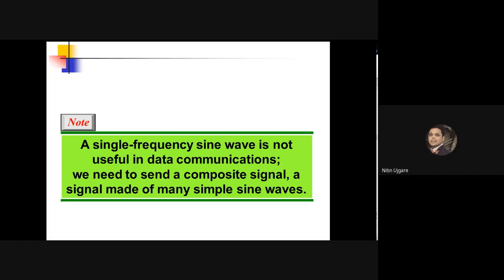So friends, first we need to understand what a periodic signal and a non-periodic signal are, the basic difference. A periodic signal, whether it is an analog or a digital signal, forms some pattern. Yesterday we saw that a periodic analog signal forms some pattern, that is, it has cycles and periods. Whereas non-periodic signals, whether digital or analog, do not form any pattern. They are just random signals in the media.